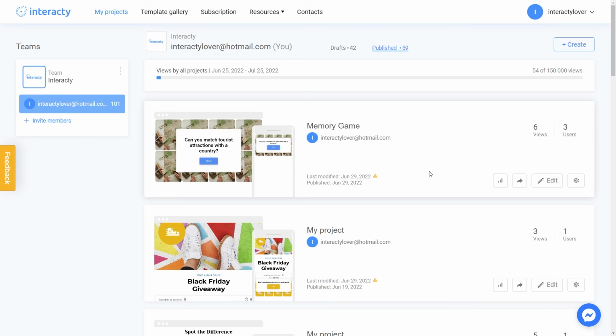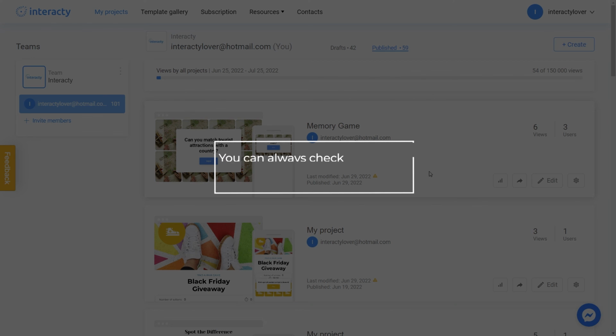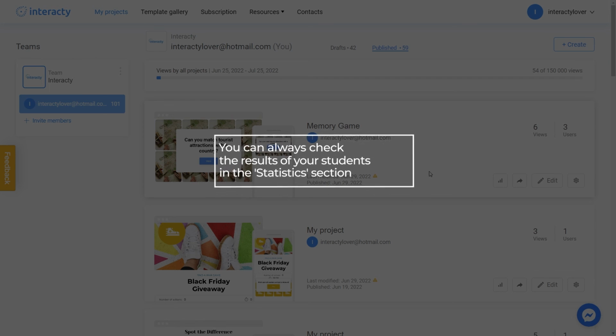The benefits of gamification are obvious. It makes learning process more effective and fun, increasing student engagement, creates an addition to learning because friendly competition and desire for an award increases motivation to learn. And the most important thing is that you will always be able to check the results of your students in